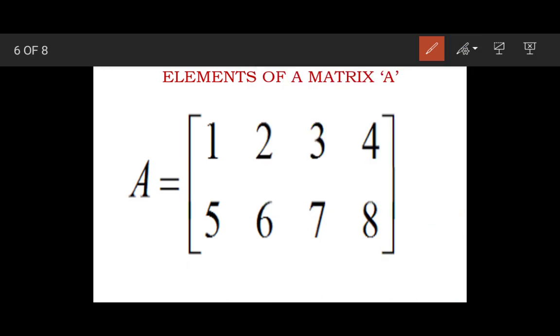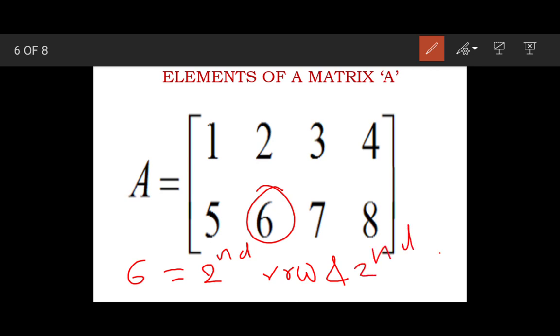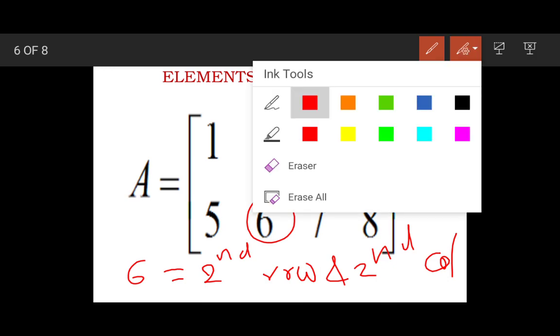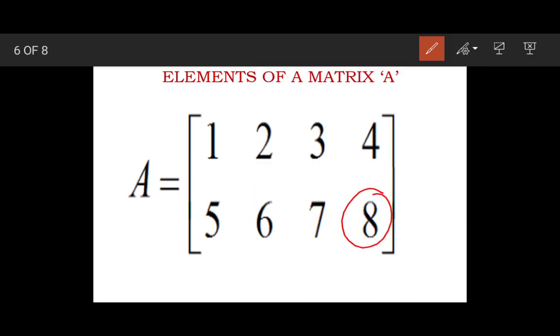Then you have to define the position of 6. So position of 6 is second row and second column. Okay. Now define position of element 8.